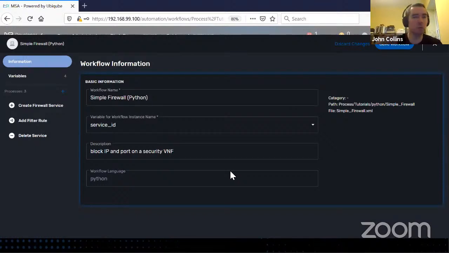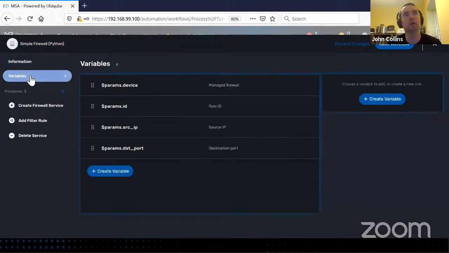I'm not going to spend too much time on this, but there's two parts of the workflows. There's the parameters that you can set. This is where you're going to decide what parameters your workflow is going to accept. And obviously we have support for lots of different data types here. Once you've collected those parameters, either from the UI or from a REST call, you can then pass them down